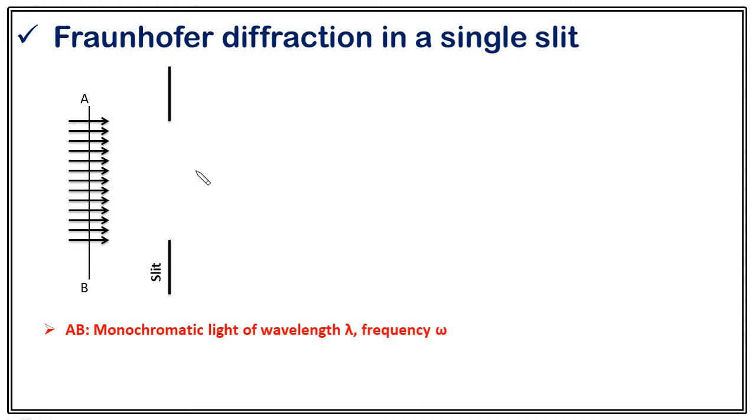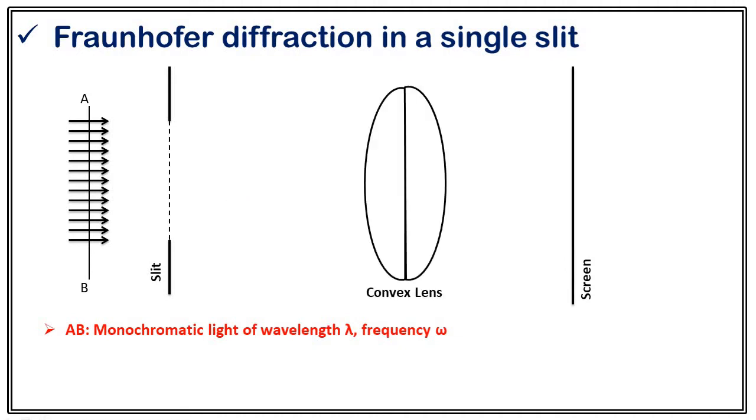Okay, so this is a slit. A slit is nothing but a small narrow opening, right? And now just place your screen so that we can observe the diffraction pattern on this screen. Now, according to Fraunhofer diffraction, this screen must be at infinite distance from the slit. So how can we do that? Let's place a convex lens in between such that the screen will be at the focal plane of this convex lens. In that way, we can ensure that the screen will be at infinite distance.